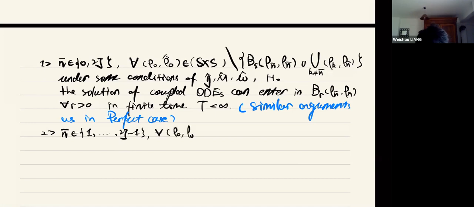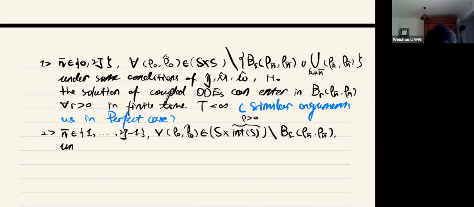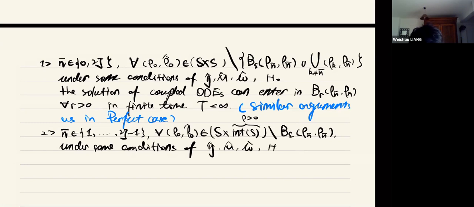And here we suppose our initial state belongs to the S-terms product with the interior of the state space, which means everything is positive, definitely. And also some conditions of the estimated state, the estimated parameters, and also the assumptions of the feedback controller H0 and H2. Okay. H2 is what we used here